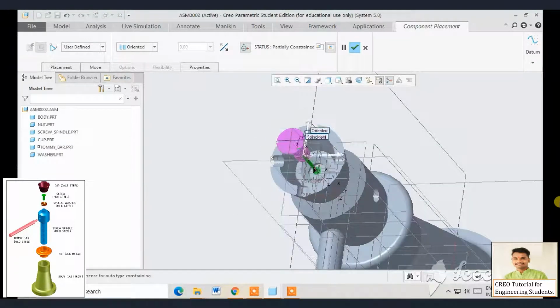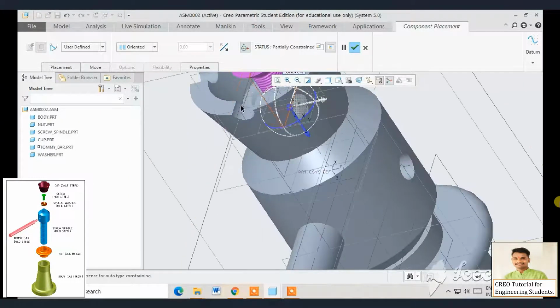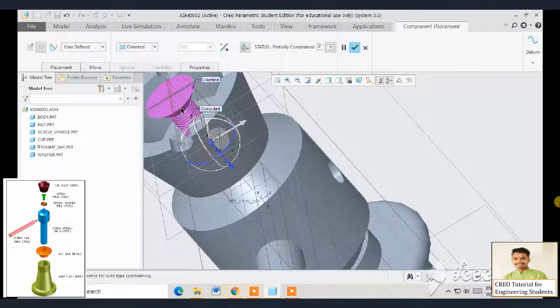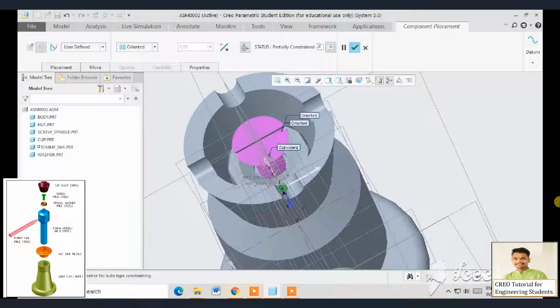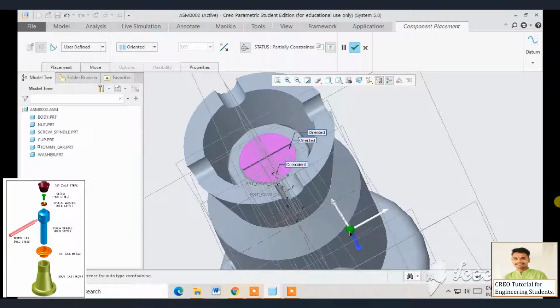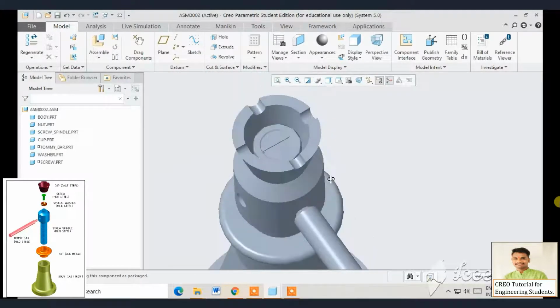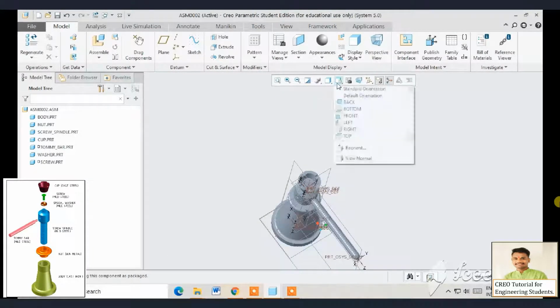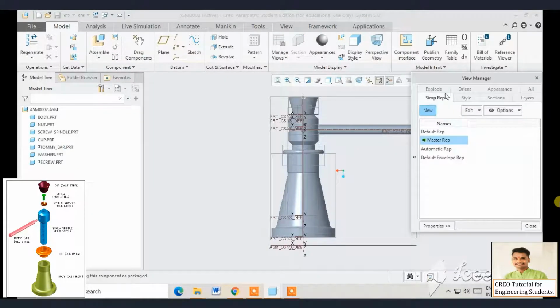but here is some problem. For this I am going to insert this, and in this way I have inserted the screw into the washer. Select these both faces and insert the screw inside the washer for the tightening purpose. Now in the end click here on OK. So students, in this way we have completed our assembly. If you see it in bottom view, it looks like this.